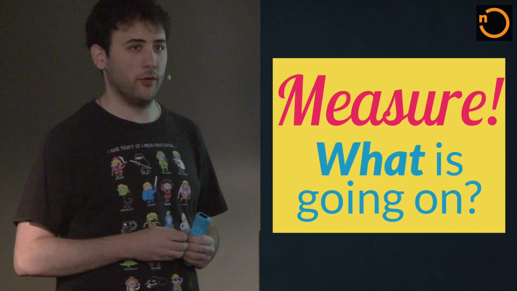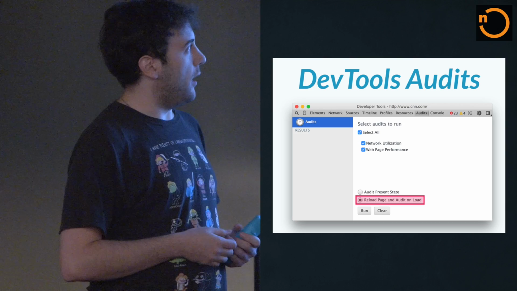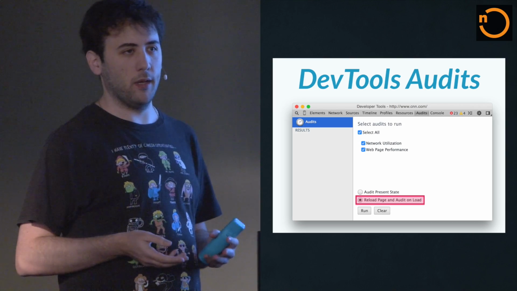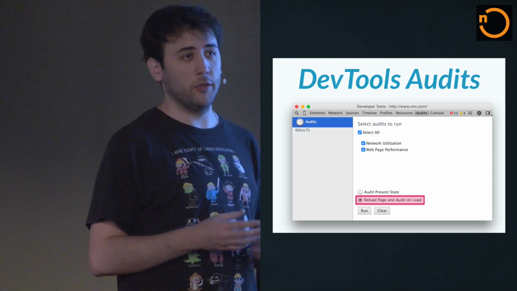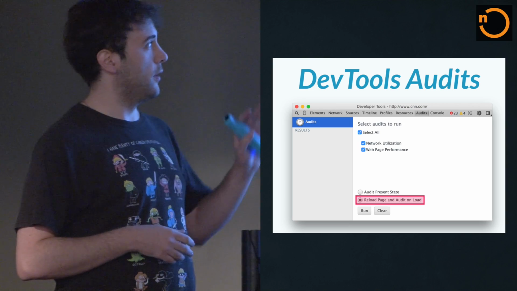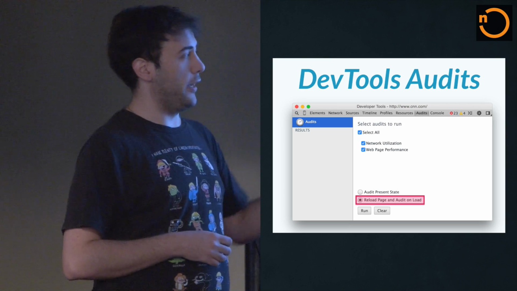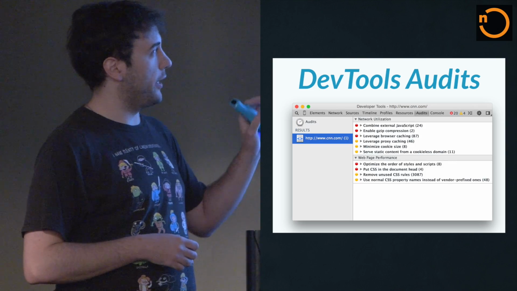So the first thing that we need to know is what is going on with our sites, and there are plenty of tools to do this. One of them, the quickest way you can measure something like this, is just going to your site, opening up DevTools, going to the Audits tab, and firing up an audit. And it'll produce something like this, where you get